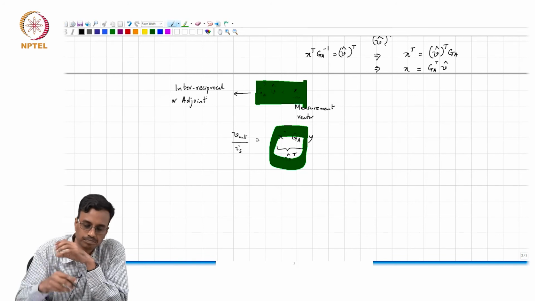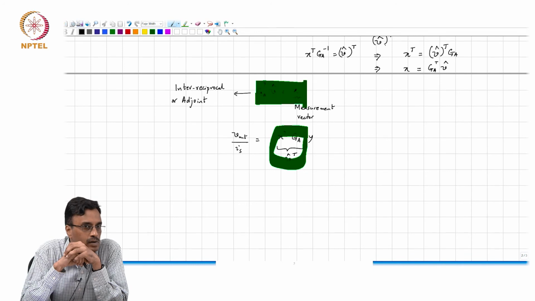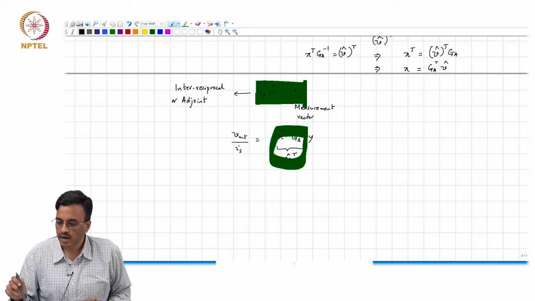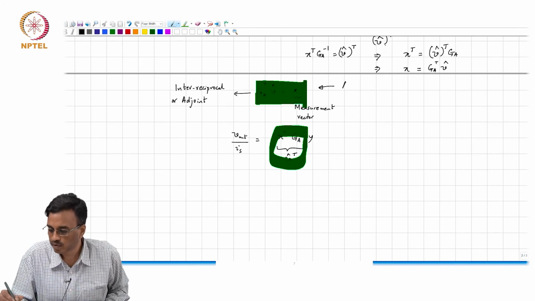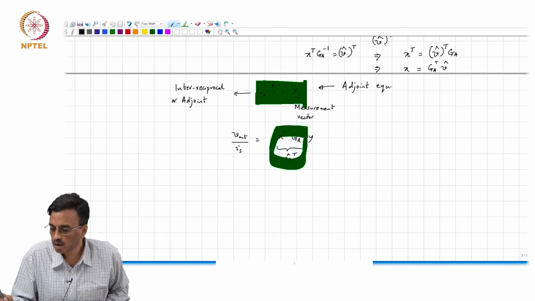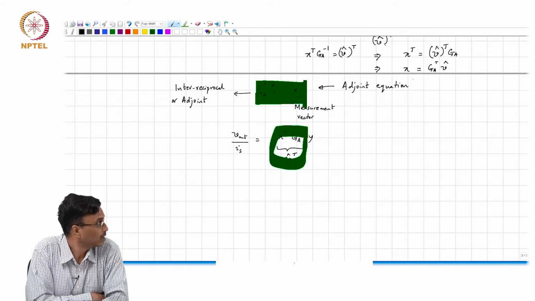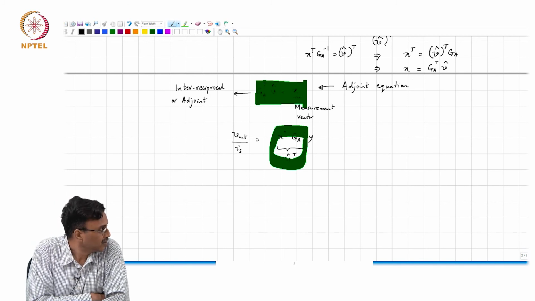All right. Is that clear? So this equation in mathematics is often called the adjoint equation. And so the bottom line is that interreciprocity